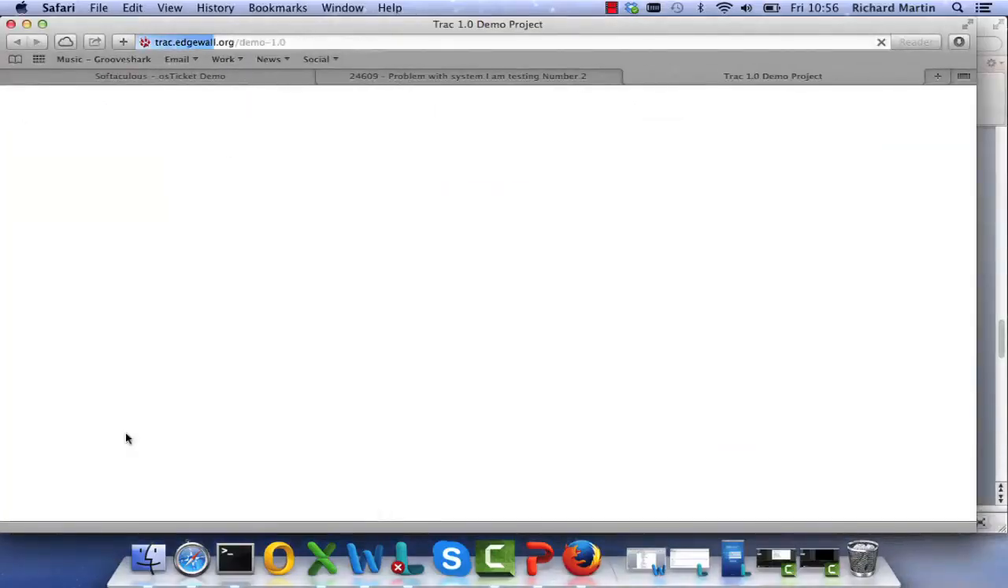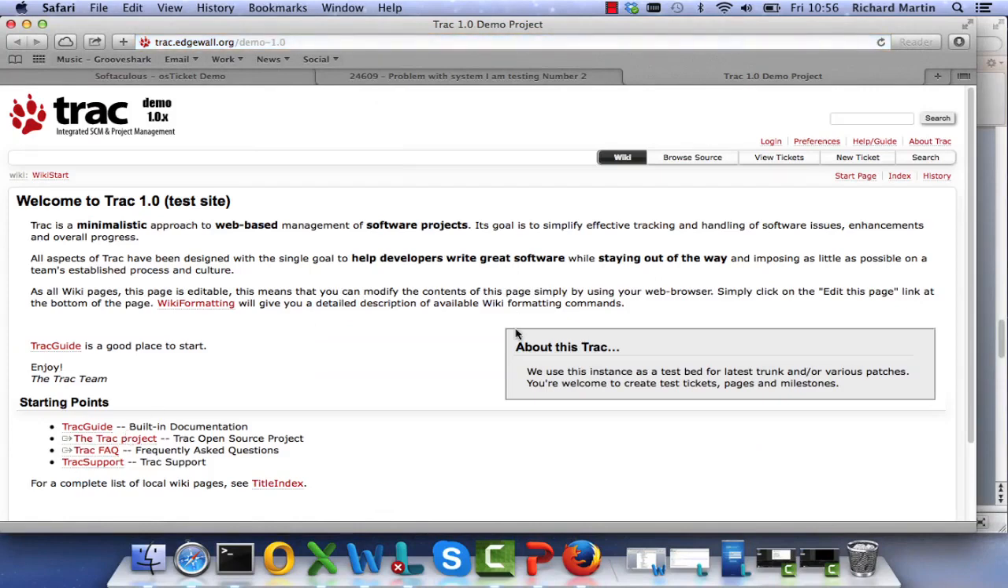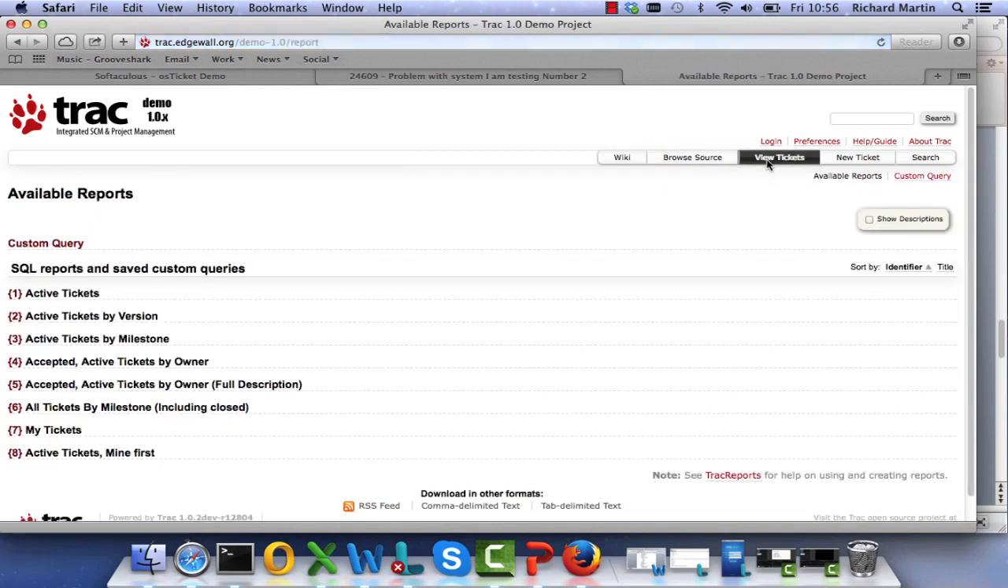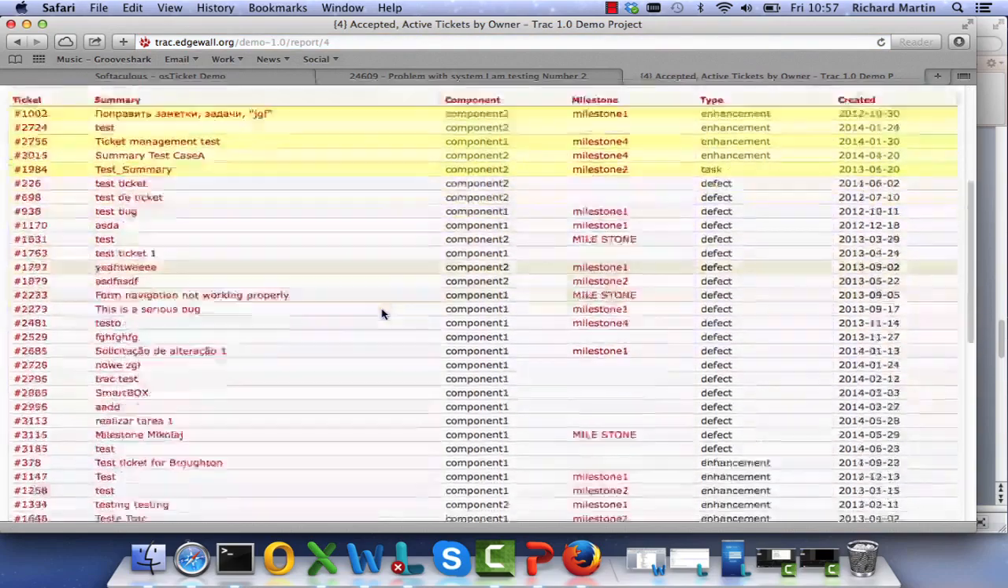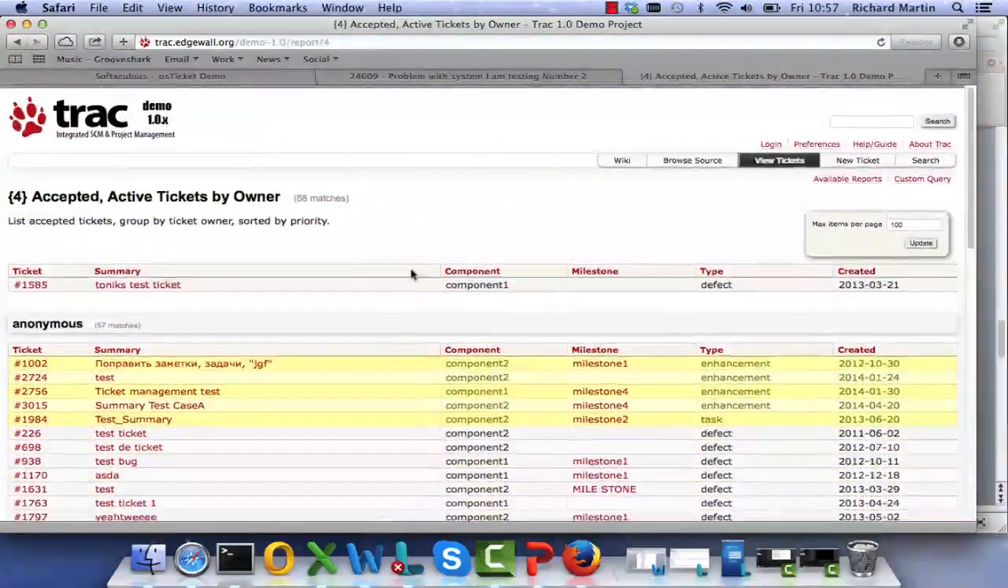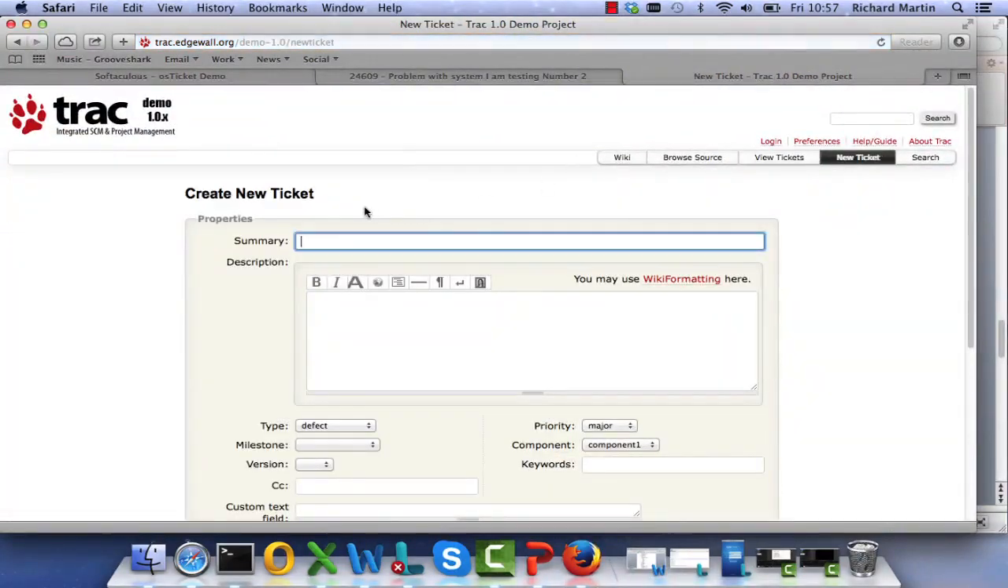Now my personal favourite, Trac. Looks a bit clunky, but it is actually quite good. You can view what tickets are open at the minute, active tickets, tickets by version, tickets by milestone. A milestone will be a project, accepted or active tickets by owner. As you can see, there's many here that people have been demonstrating with, but if we create a new ticket,